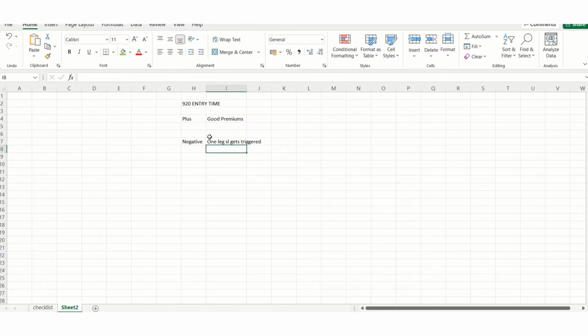Now if after entering at 9:20 the market remains sideways, you will gain profit here. So if the market is sideways, your premium will melt very fast, because you got good premiums and the market has been sideways. So there is high chance that you will achieve your target very early,